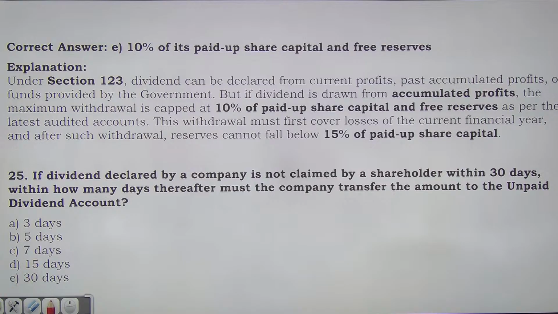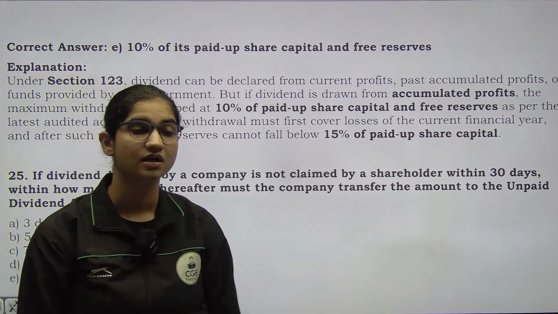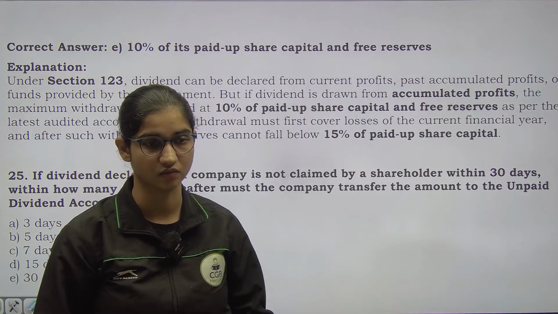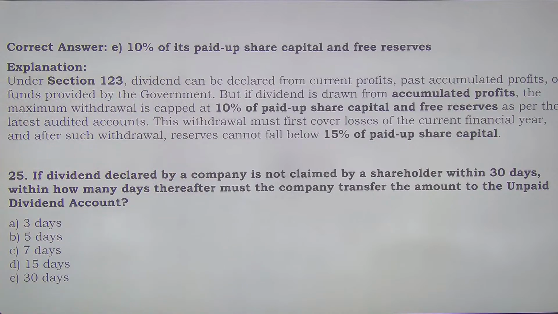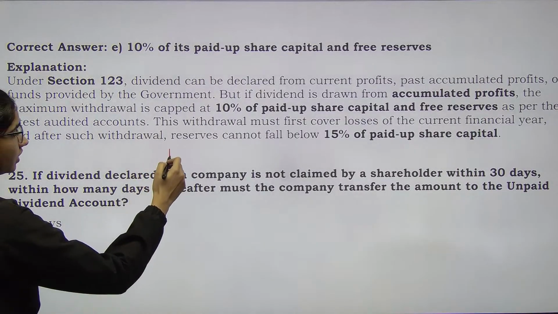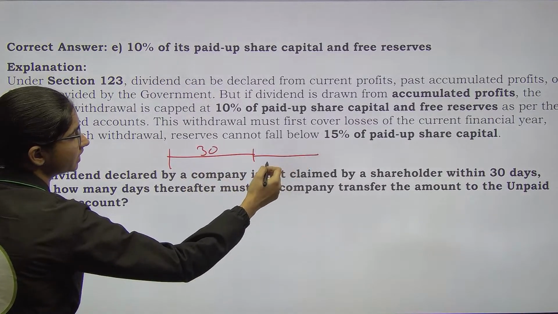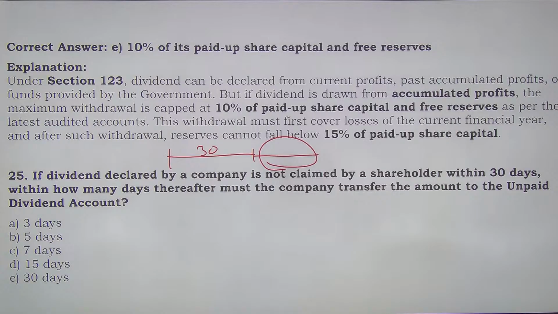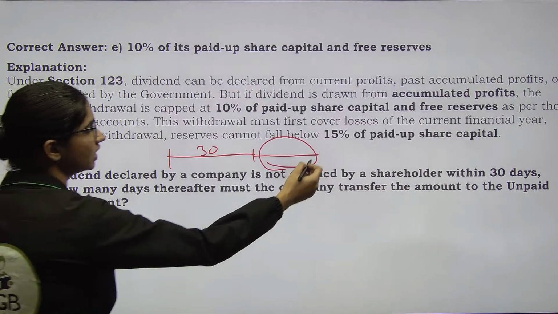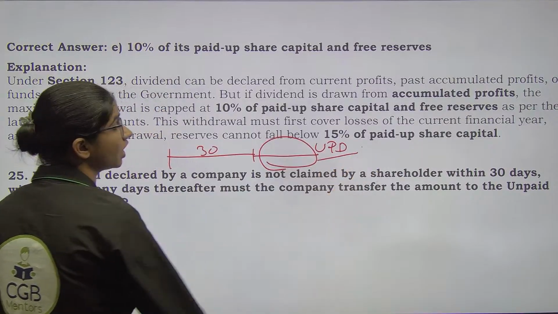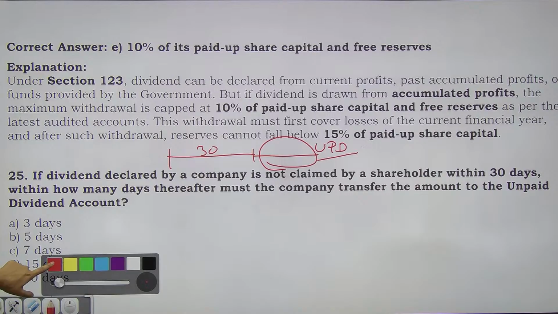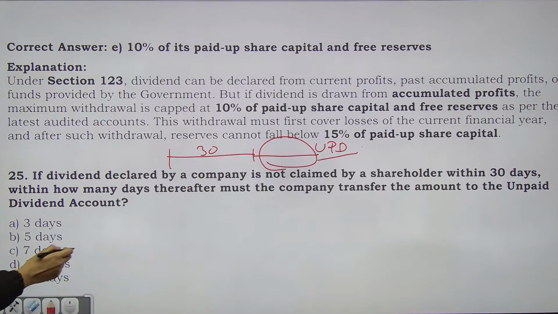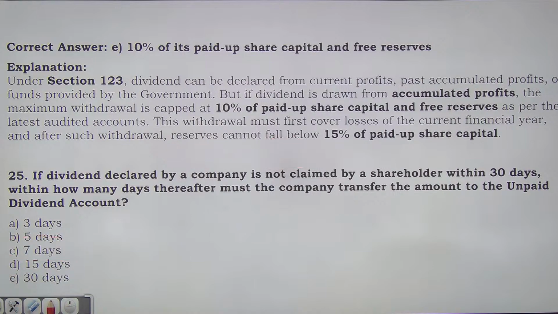has been declared by the company. Once the dividend has been declared, that has to be paid within 30 days, or has to be claimed by the shareholders in how much time? In 30 days, right? But if that has not happened, then in how many days after those 30 days does the company have to transfer that dividend amount to a particular account, which is known as the unpaid dividend account? This is the question here. And the answer here is 7 days. So in 7 days the company will transfer